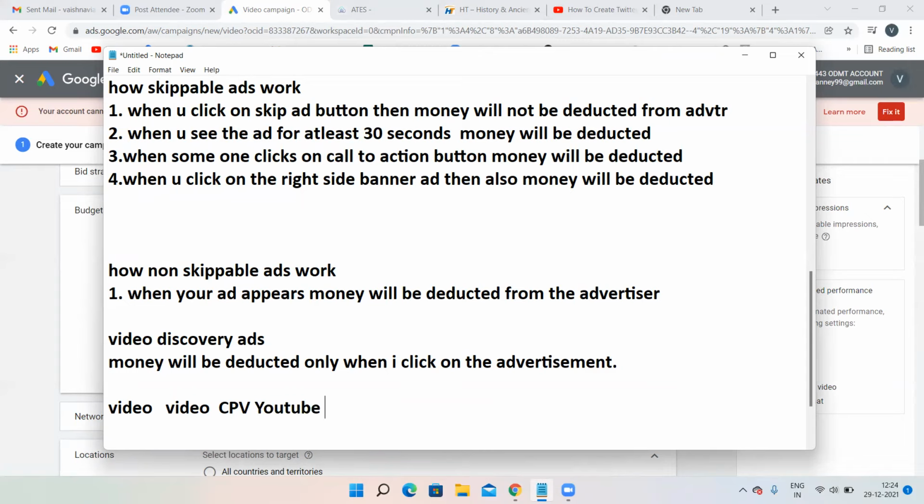Then you can target with the help of keywords, locations, and age, gender, demographics, and all. Same as display network, how you can target in display network, the same thing you can target in YouTube also, that is in the video network. Age, gender, keywords, placements. Upon all these things, you can target.